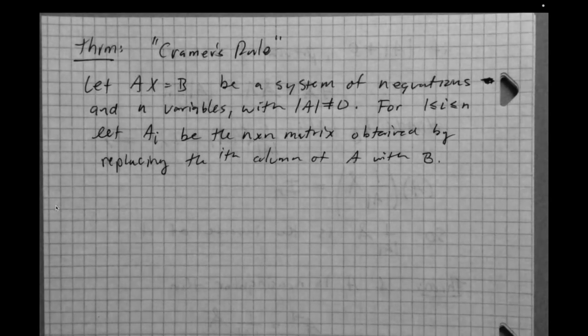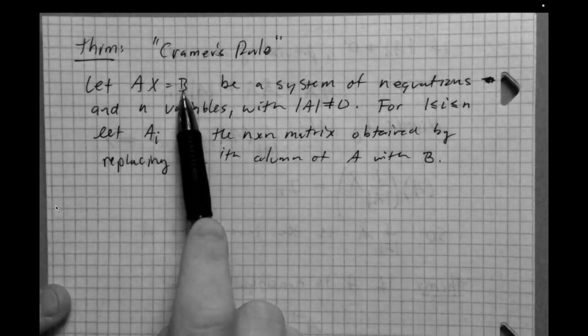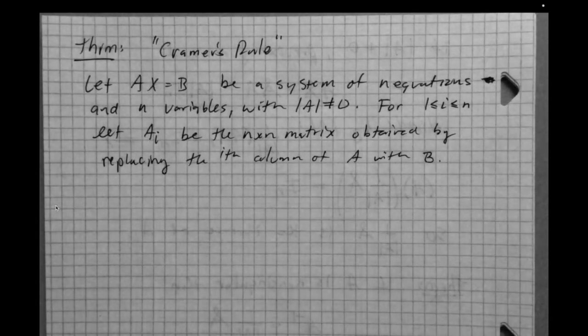Okay, so I should have n of these matrices, A sub 1, A sub 2, and so on, up to A sub n. Each of these is characterized by being just the coefficient matrix, but with the ith column replaced by the scalar matrix B. Okay, and if I do this,